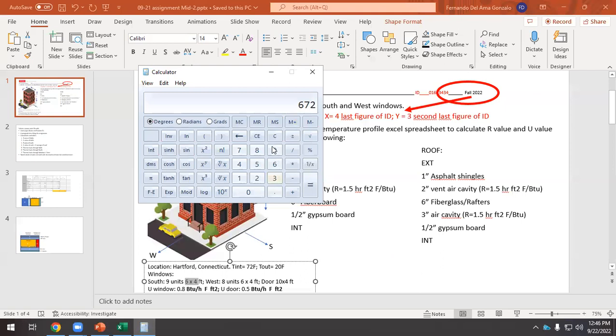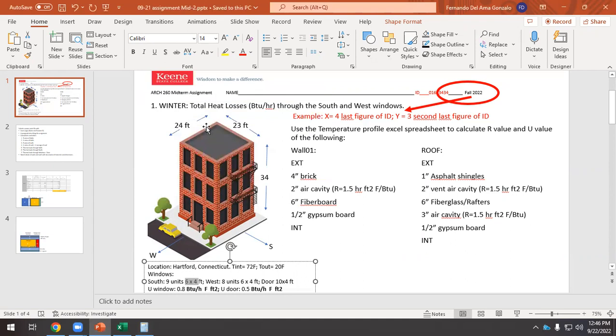So 23 times 34, 782 square feet. And finally, we have the area of the west elevation. So the west is this one, it's 23 times 34